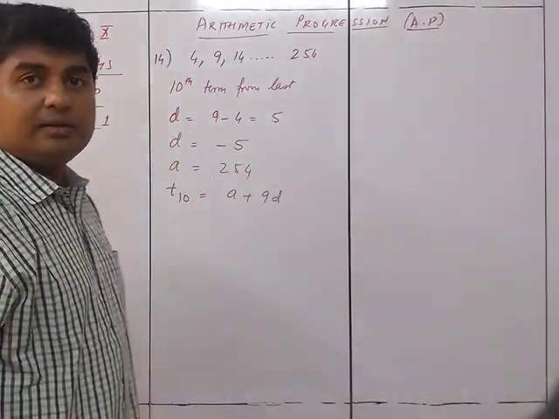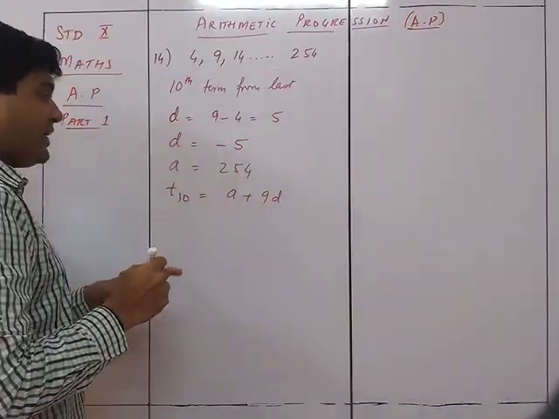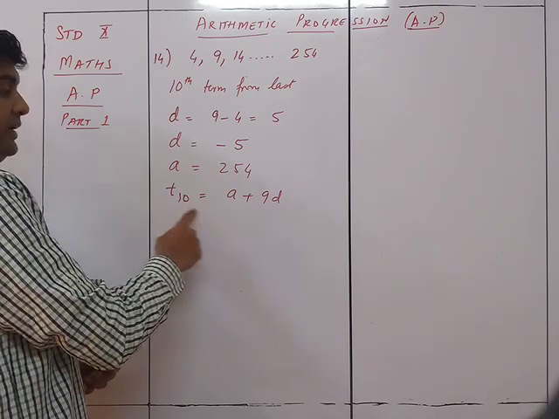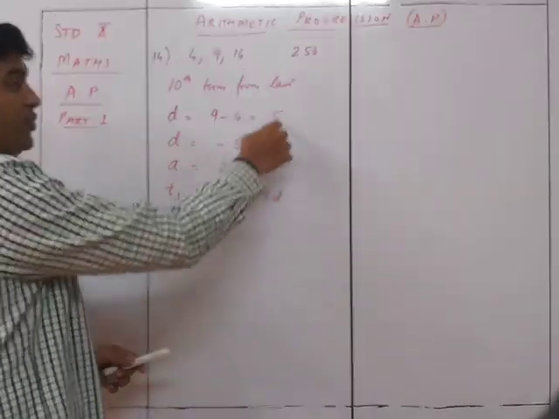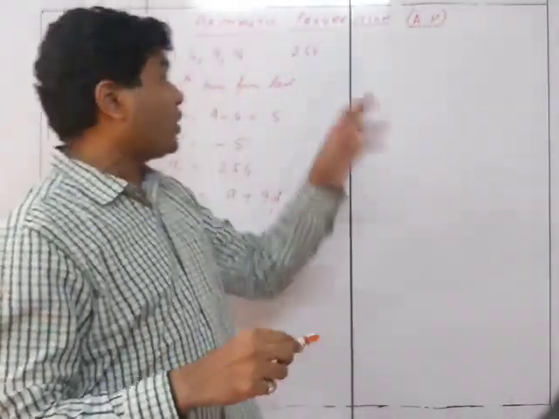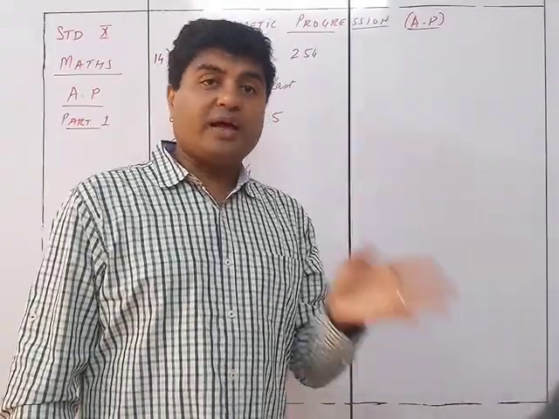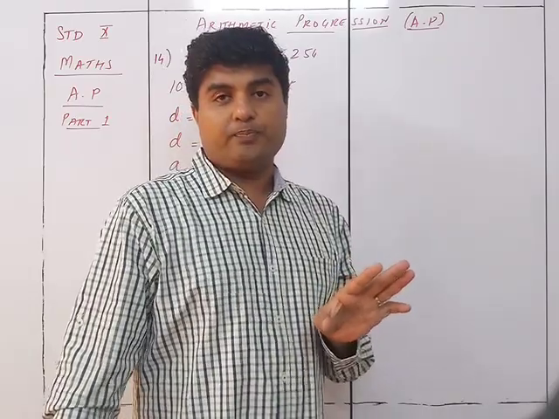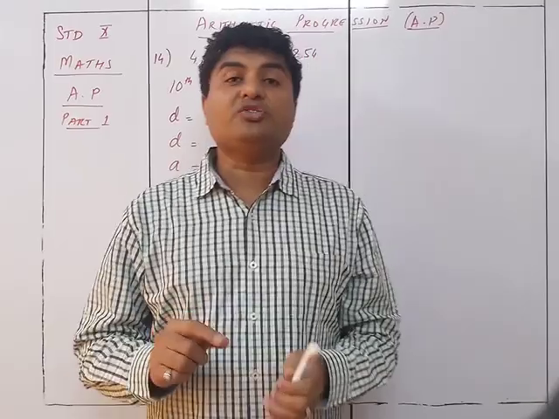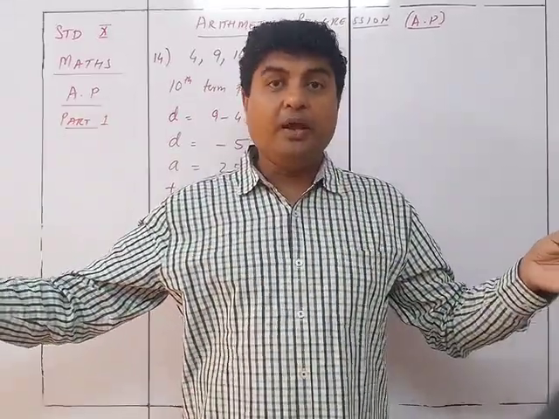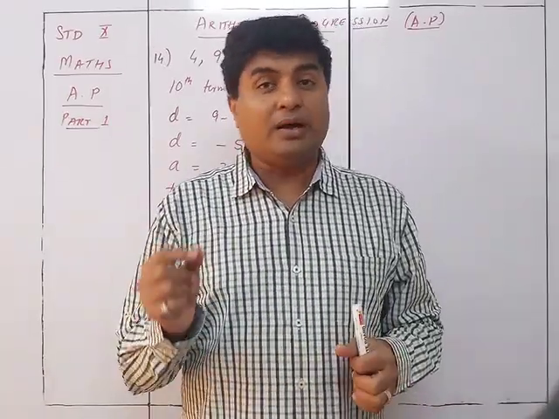It becomes very easy. Otherwise I would have to think about what n is. I first find out this way, Tn is equal to 4 plus n minus 1 into 5, and after that I find n, to see which term this is. Oh, this is the 15th term, so then what will be the 10th term, 6th or 5th? We don't want that confusion. We don't want to confuse ourselves by first finding out how many terms are there in the AP and then taking the 10th term from it, subtracting 10, or 10 plus 1. Confusion happens.